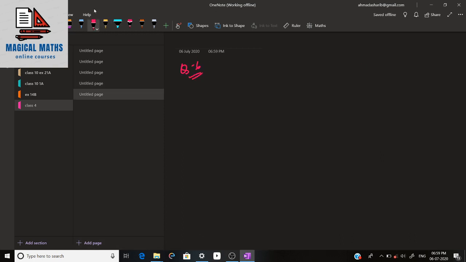Question 6 says, write the product. One has been done for you. So basically in question 6 you have to multiply. This is very, very simple, but still I'm going to explain some of the questions for you. Students, 50 into 70. So what you have to do? Now some students will multiply 50 and 70 like they used to do in their previous classes. Okay, don't do like this. This is the old method. This kind of question you can do directly. You don't have to multiply like you used to do in your previous class.